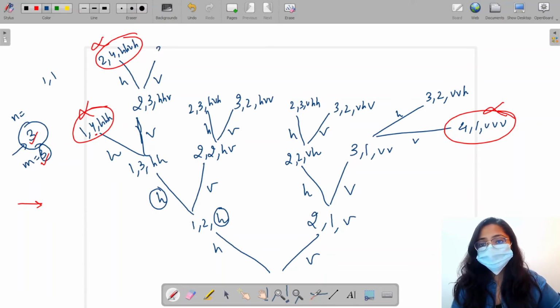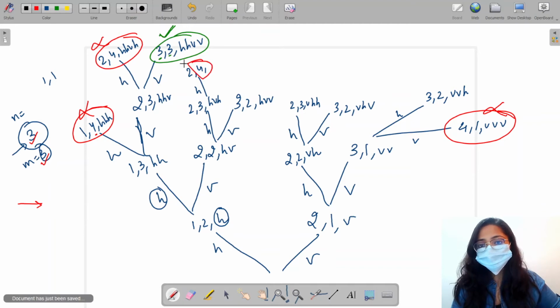Then if I go vertical, it becomes 3, 3 and we get HHVV, and this is the correct answer because we've reached the third row and the third column, so this is right. Now for this point, again if I go horizontal, I'll reach 2, 4 and this is the wrong answer, so we are going to terminate from here.